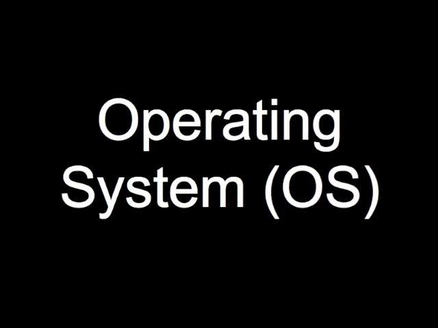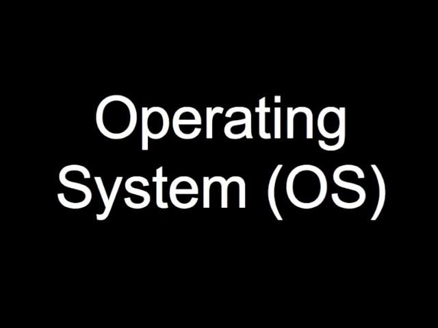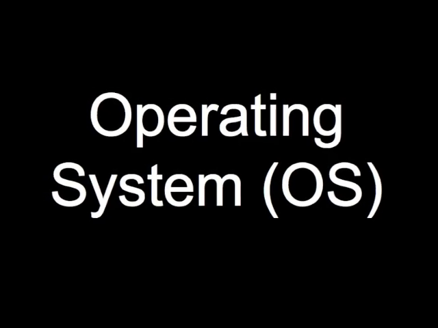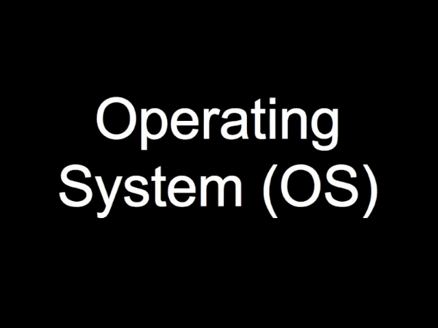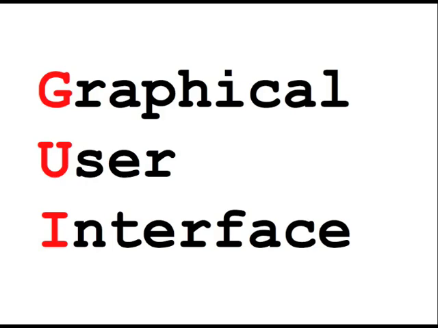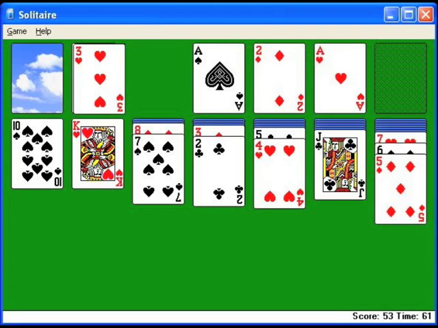Most interaction with the computer is done via the operating system. Examples of operating systems include Windows, Mac, and Linux. The operating system starts automatically when you boot up your computer. It controls the programs that run, and it handles files. You interface with the operating system mainly with the mouse. An operating system offers a graphical user interface, abbreviated as GUI and pronounced "gooey." That just means there are visual items on the screen, like buttons, windows, and icons, that you click to make